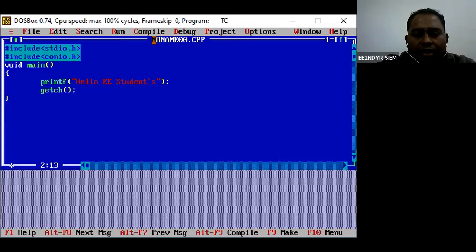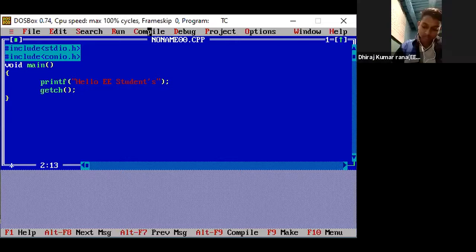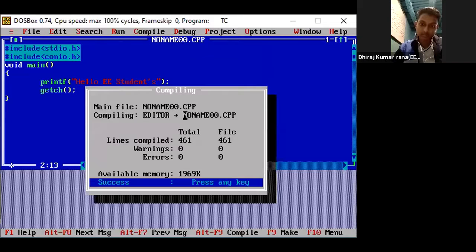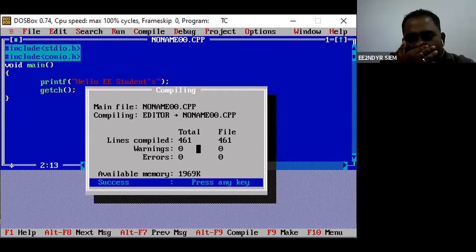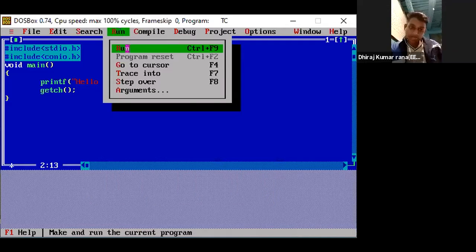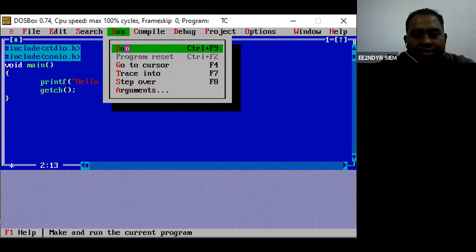As I told you all before, before running the program you need to compile it. So compile it again. Now you can see that the total number of lines compiled is 461. Previously it was, I think, 215. There is no error. You just run this program and see what changes have been made after I added this getch.